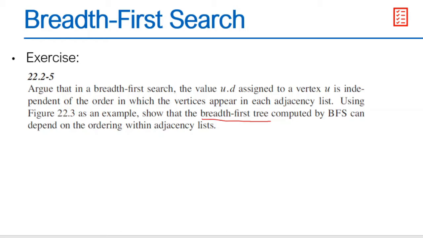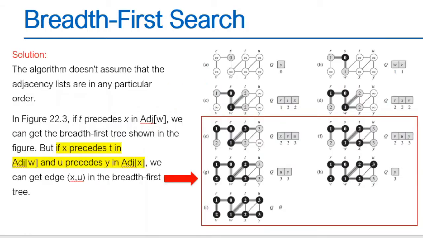It's basically the tree that can be obtained from the predecessors. So you follow the predecessors, so you will have a tree. And while the distance does not depend on the adjacency list, the BFS tree does depend. So you should answer using this figure,